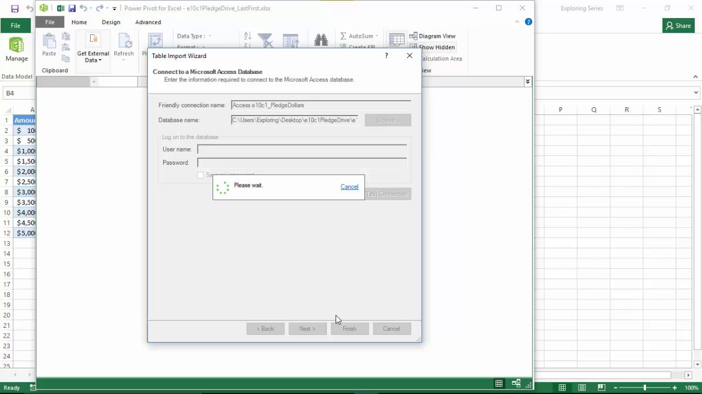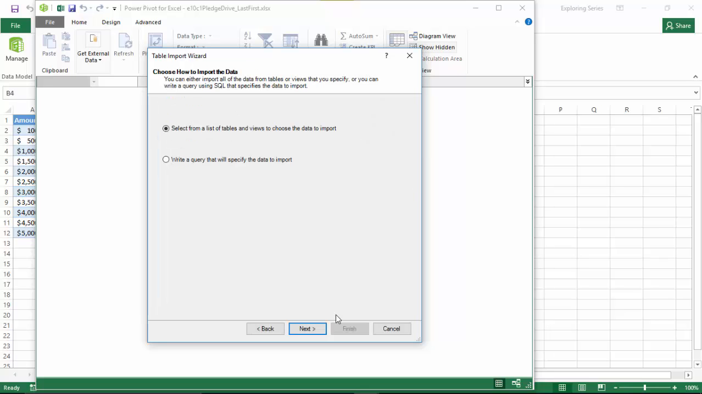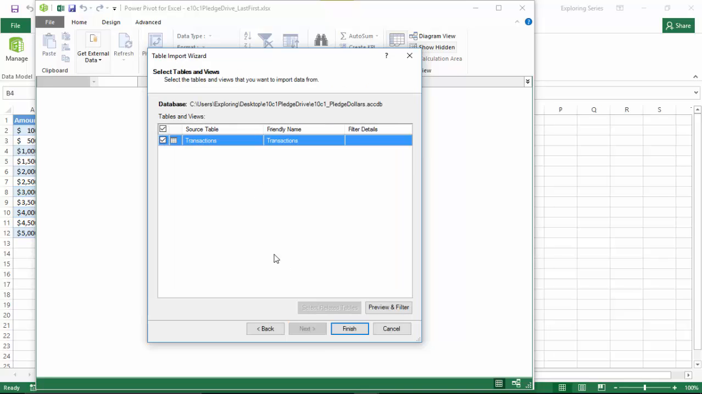Then it's going to start thinking again, hopefully faster than before. So yes, we want to select from a list of tables to import, and in that original database, there's just one table. We're going to click Next, and it's going to give us a preview, and there's the transactions table that we want to import. We click Finish,